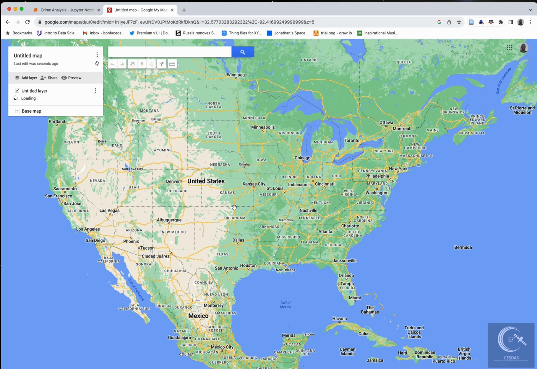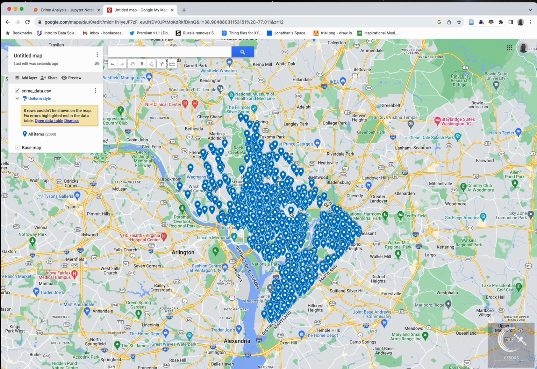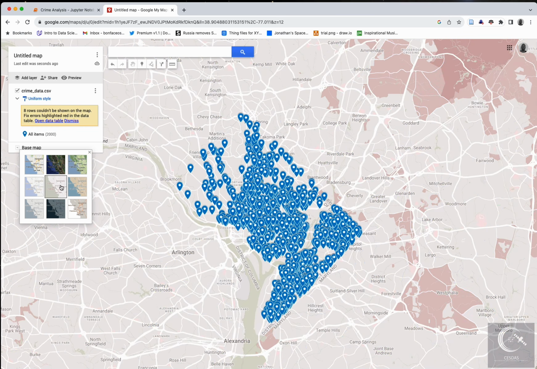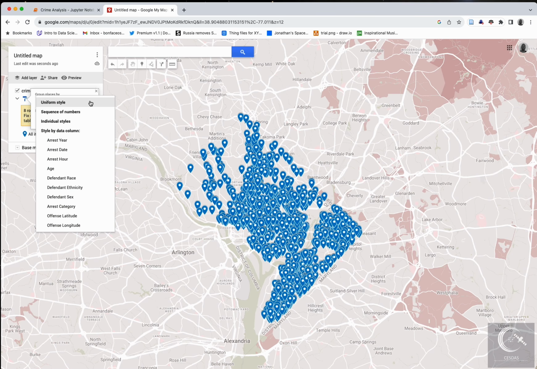So it's going to plot that data, because I told you it's from DC, it's going to plot it within DC. You can see it has plotted it here, and you can select the base map to see the background. I'm going to use that one so that it stands out. And then you can do the uniform style. The uniform style will basically classify the data by the attribute you want. So I want to classify them by